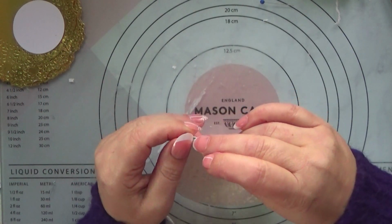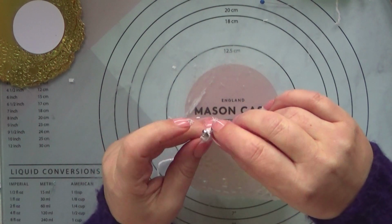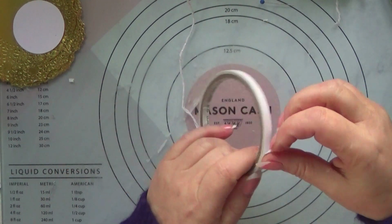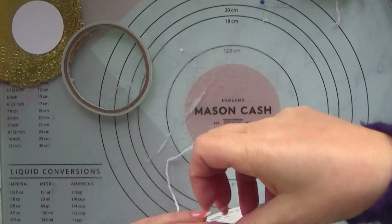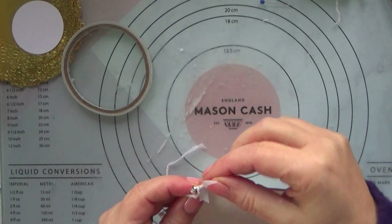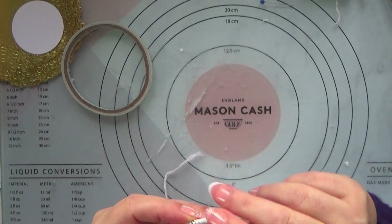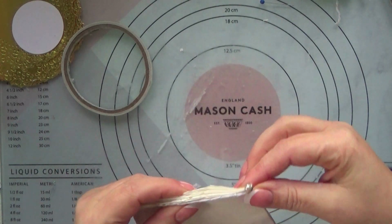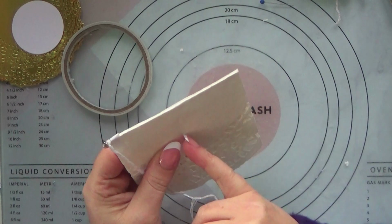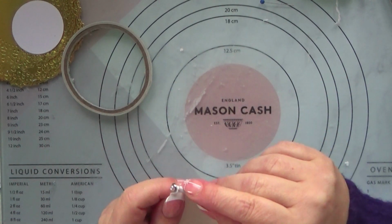Now I will probably end up putting some double-sided tape on this as well. In fact, I'm actually going to go ahead and do that. That will help keep it in place while the glue dries, and the backing can be removed when it gets to its destination and folded around. And in that vein, I am going to put a strip of double-sided tape down here and up here so that it can just be taken apart. There's no gluing involved for the guys then when they get it. Okay,